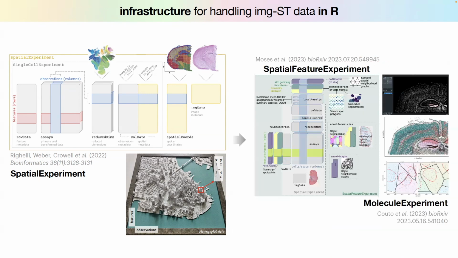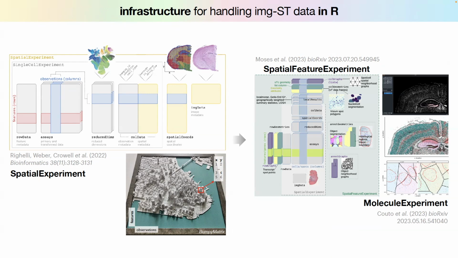This has since been extended. For example, this is from the lab of the Museum of Spatial Transcriptomics paper. The same lab proposed this, which is exactly like that. But in addition, it can store geometries, for example, spots on a Visium chip, polygons for segmentation, or pathological annotations of regions. Any sort of geometries can be stored. Again, as I already said, the issue with all of that is it's all tabular. And I think this is really a mistake in the design because this doesn't really work for spatial transcriptomics. The data is just more complex,